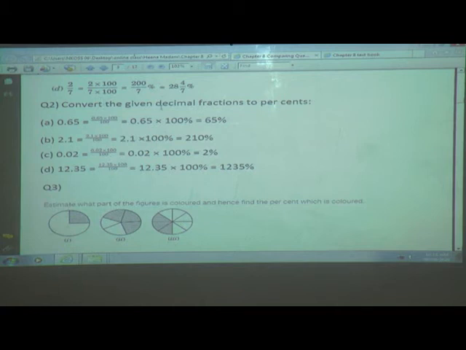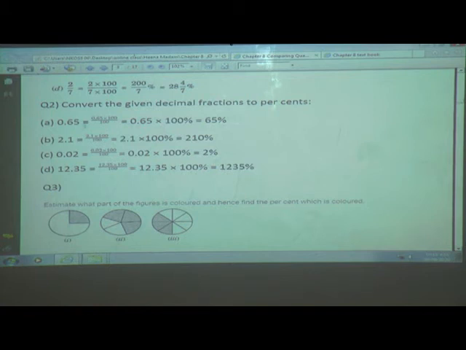Now convert the given decimal fractions. Decimals are given, we have to convert them into fractions. 2%, fraction 2%. Now you know how to convert a fraction to a percentage. Here we are having decimals. This also you are very familiar with. When the decimals are given, we have to write them first in fraction form, then we have to convert into a percentage. So we will get the answer you required, the decimal to a percent.